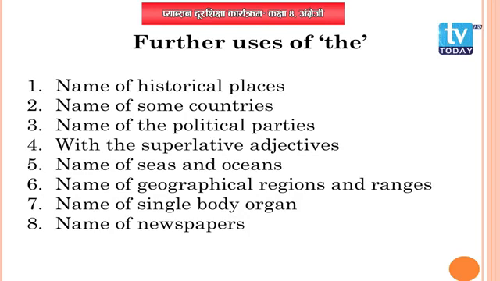In the same way, other different words in superlative form can be used with the article the. You can check out the next information about the seas and oceans of the world. If we talk about the Pacific Ocean, that is one of the oceans of the world. So what we write there is the Pacific Ocean, the Indian Ocean.